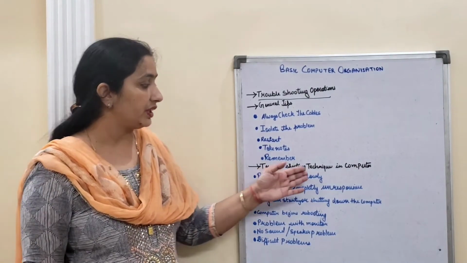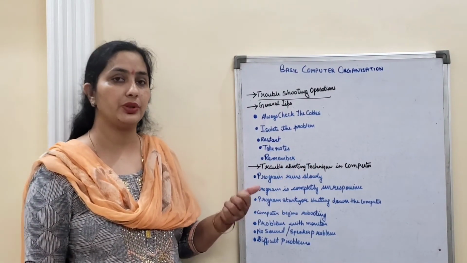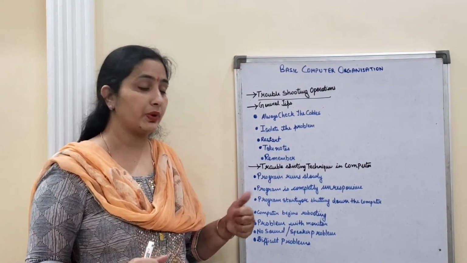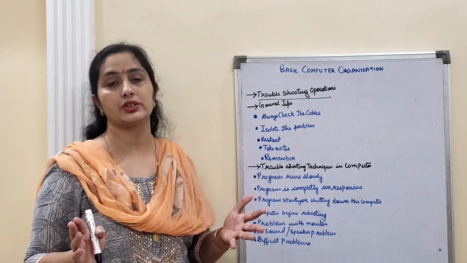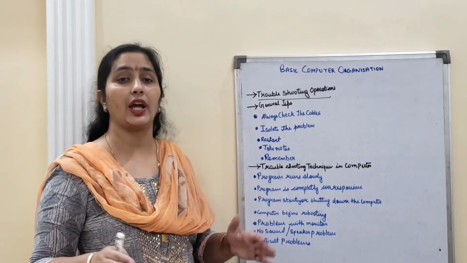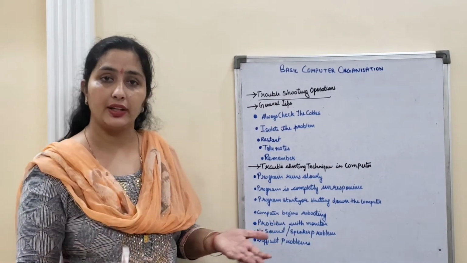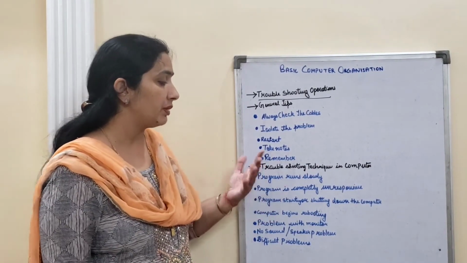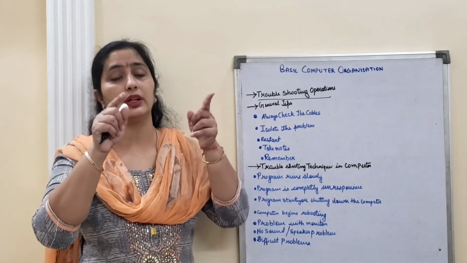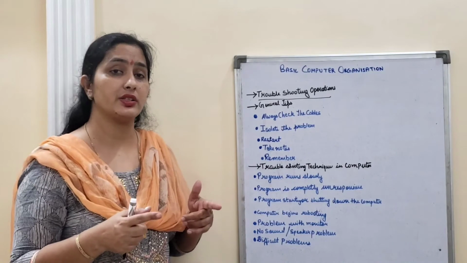Now, troubleshooting techniques in computers: what other kinds of problems can occur and how you are able to deal with them. First, how will you understand that your computer is having some problem? Programs start running slow. The program is running, everything is working, but it's very slow. It is taking a lot of time to type. You type A and after 10-20 seconds that letter appears on the screen. Or the program is completely unresponsive. You try to type, your mouse is not working, nothing happens, and at the top along with the software name you get Not Responding. So it becomes totally unresponsive.